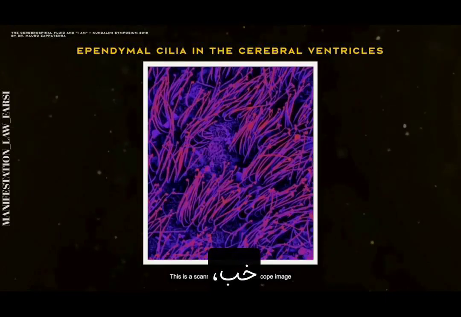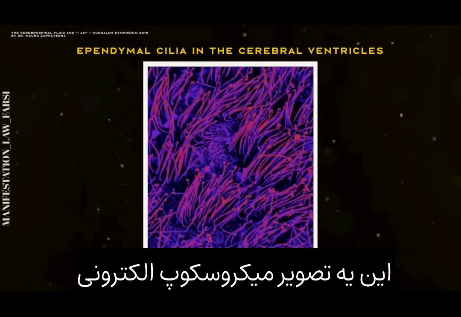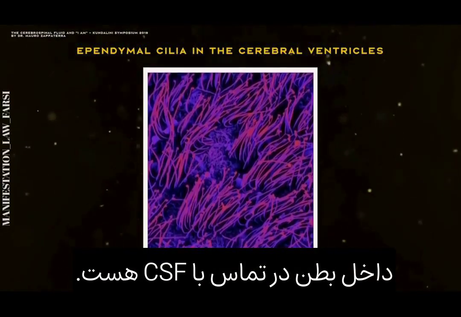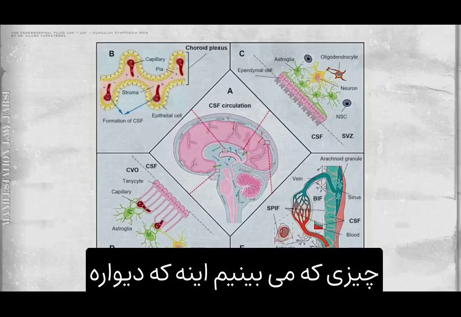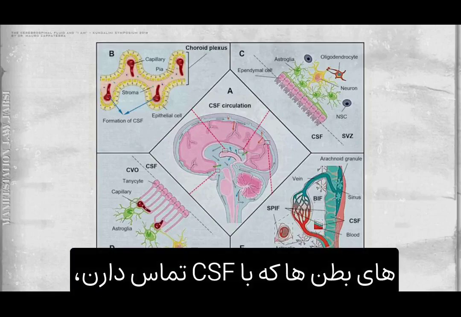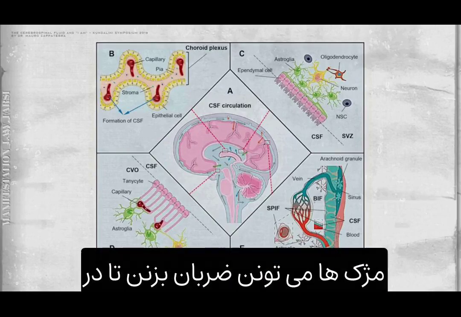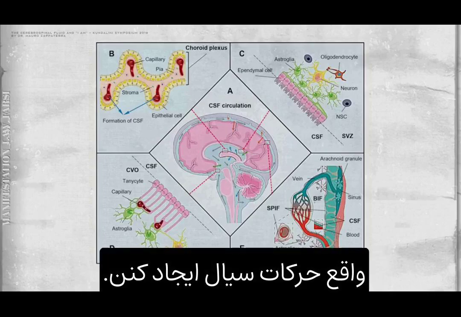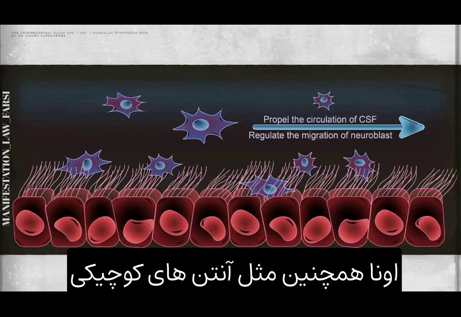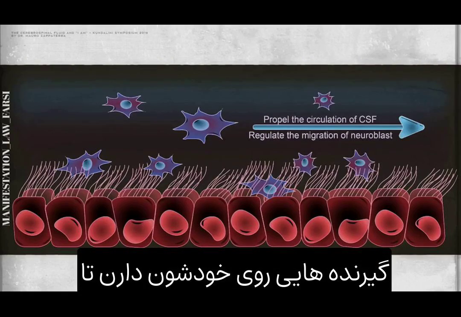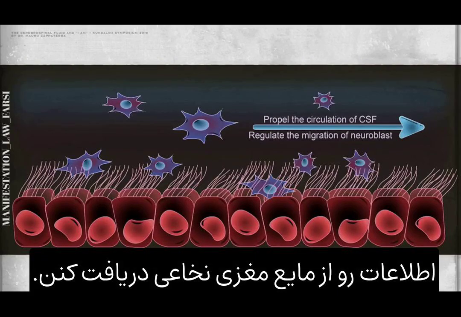So what do the cells look like that contact the CSF? Well, this is a scanning electron microscope image of the wall of the ventricle, the inside of the ventricle making contact with the CSF. What we see is that the walls of the ventricles contacting the CSF have these cilia, or slender hair-like structures. The cilia can beat to actually create fluid movements. They are also like little antennae monitoring the fluid, with receptors on them to pick up information in the